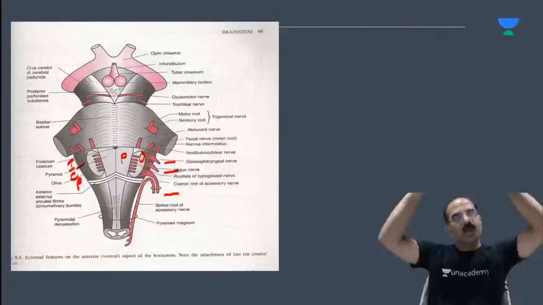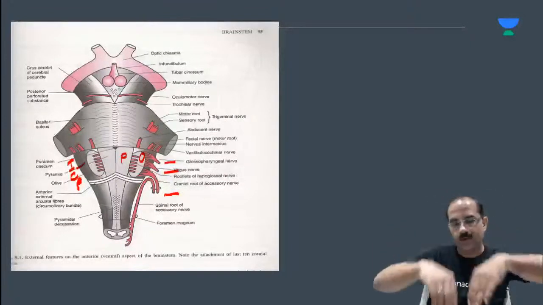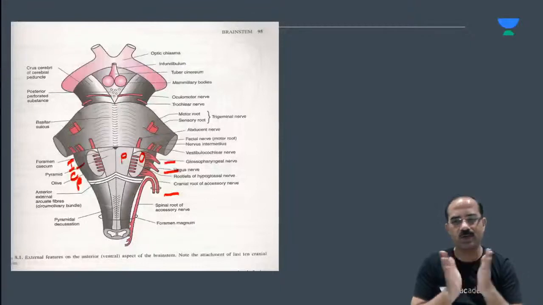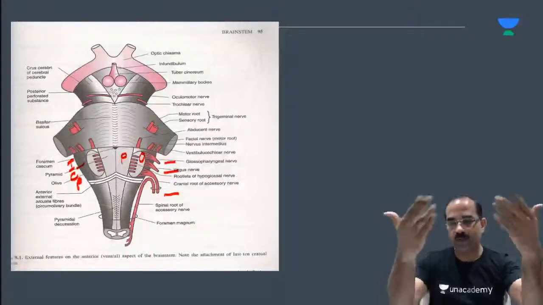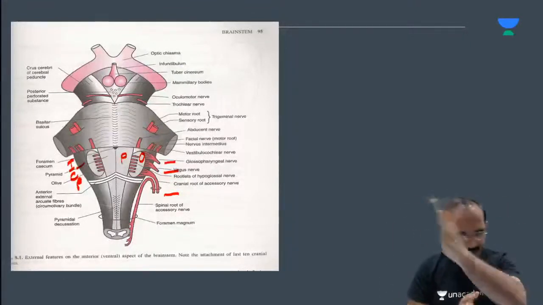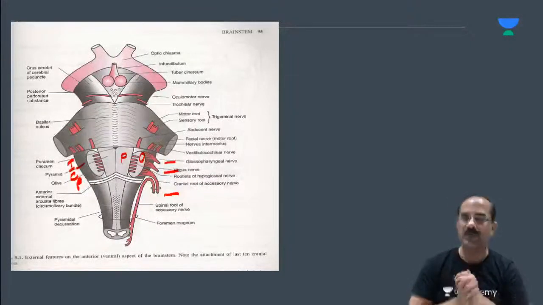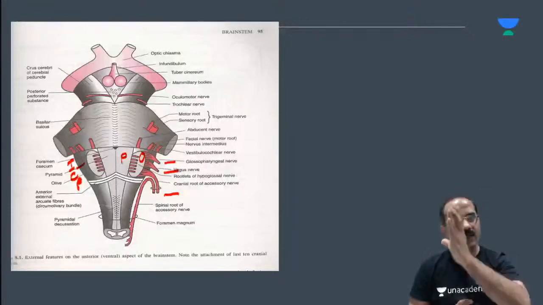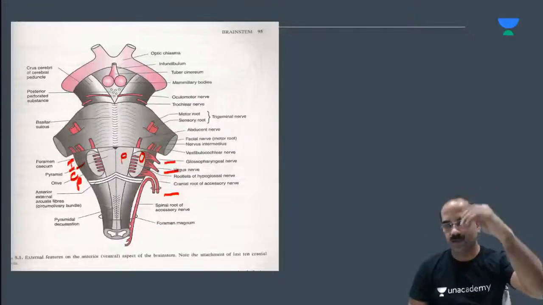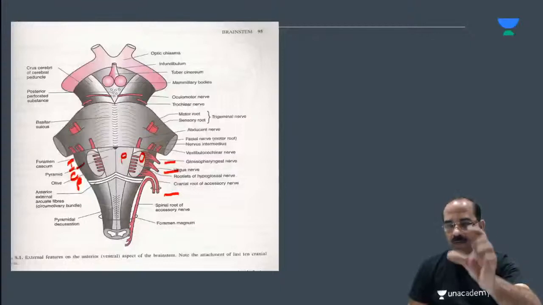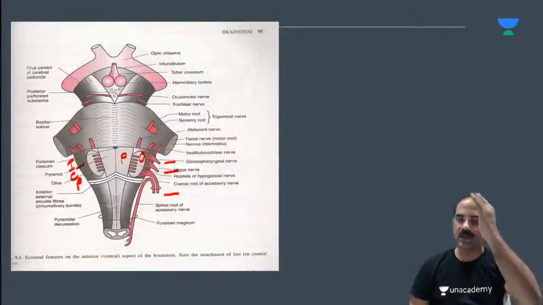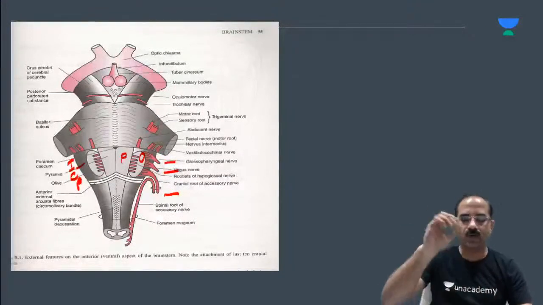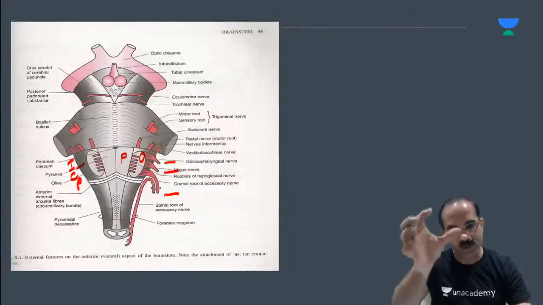Now this glossopharyngeal nerve will get out through which foramen? Anyone? Come on, answer this. Come on, students. Glossopharyngeal nerve will get out through which foramen of the skull? Yes, that's the jugular foramen. The jugular foramen has 3 compartments: anterior, middle and posterior. The glossopharyngeal nerve gets out through which compartment? Middle compartment. The 9th, 10th and the cranial accessory nerves go through the middle compartment. So the glossopharyngeal nerve gets out through the jugular foramen.